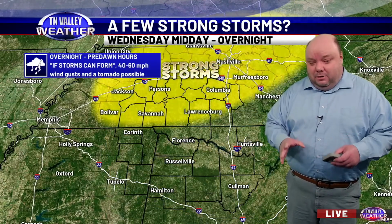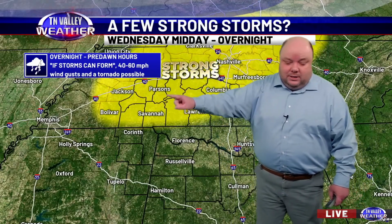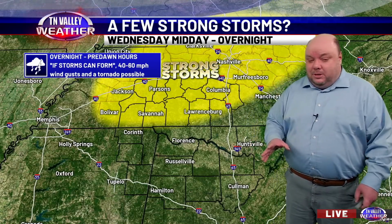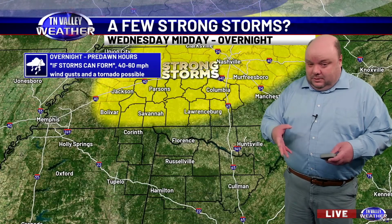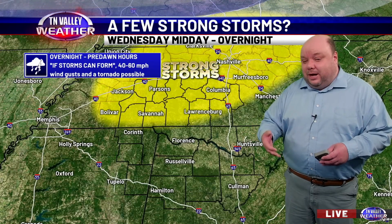Now, as we get into the overnight hours, things shift a little bit northward as a secondary disturbance rides closer to the actual front itself to the north. This will be overnight into the pre-dawn hours. This one is a little more questionable because we're not even completely certain that storms will form altogether. They're kind of back and forth in the models with that, but the instability tomorrow night will be based at